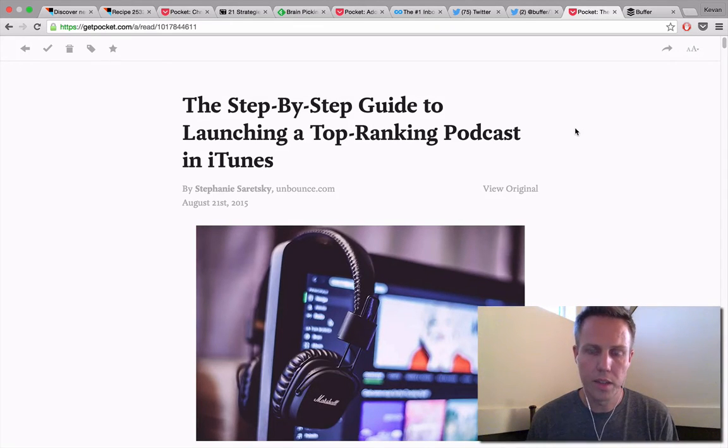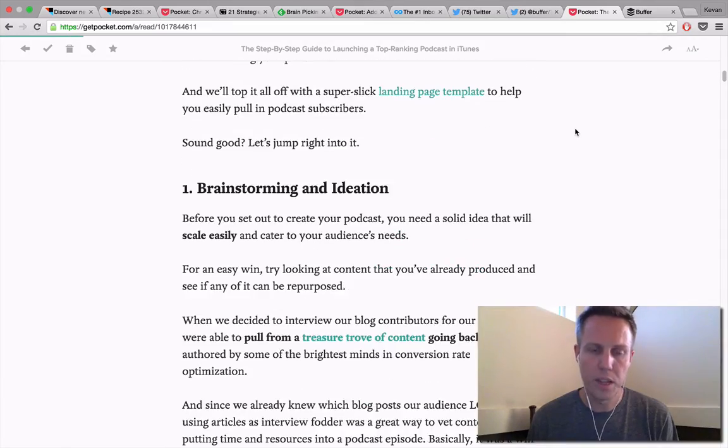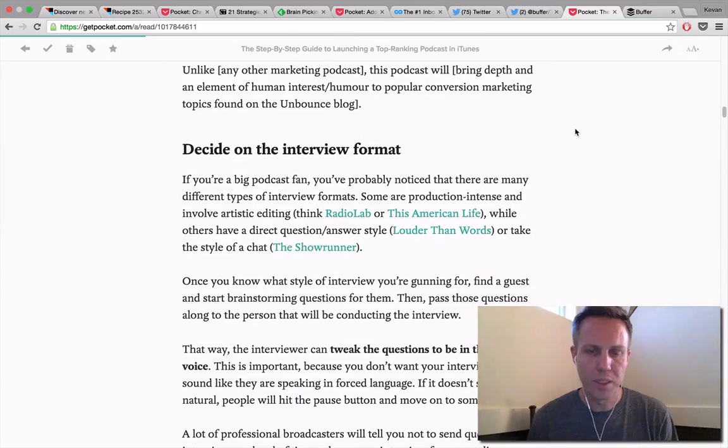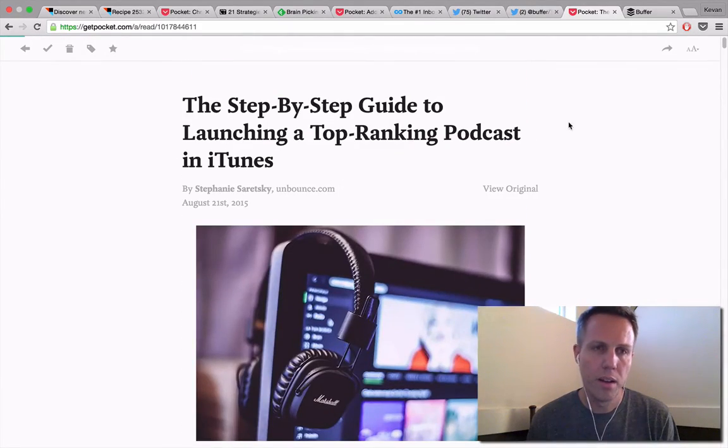So it has the headline, and then it just has the text in this easy to read, minimal style. It pulls out all of the ads and different things. And yeah, it just makes it really simple to browse through. If this was one that I enjoyed and thought was worth sharing, I would just come up here to this favorite button and click favorite. And then I'm pretty much done at that point.